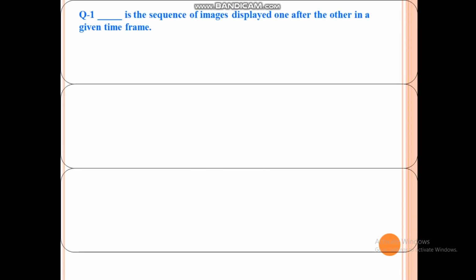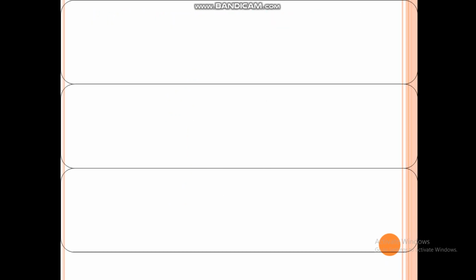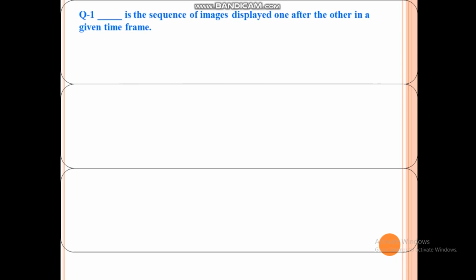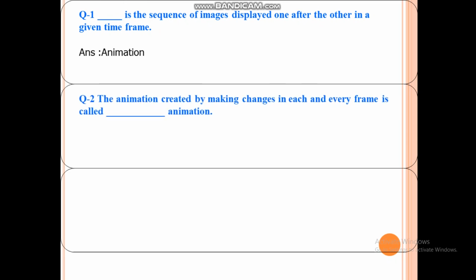So now a few questions regarding Synfig. Dash is the sequence of images displayed one after the other in a given time frame. Well, that is animation. The animation created by making changes in each and every frame is called dash animation.